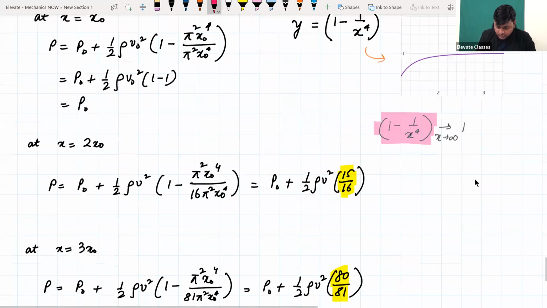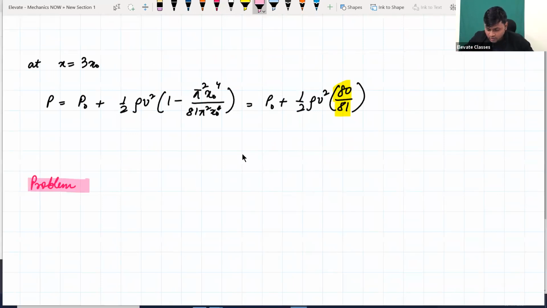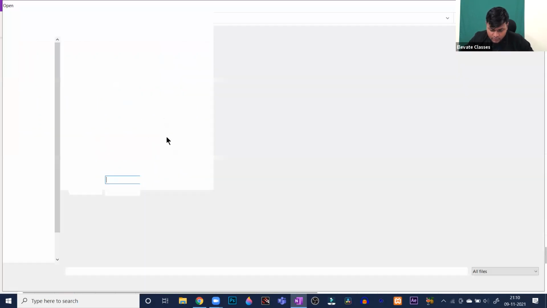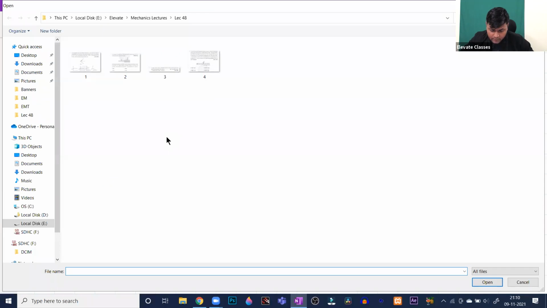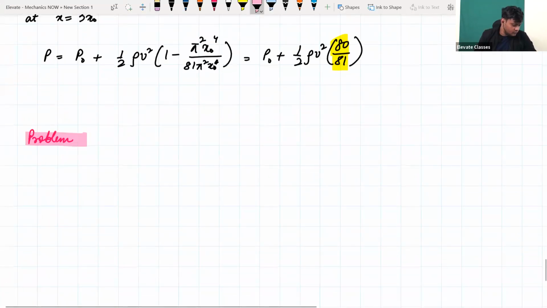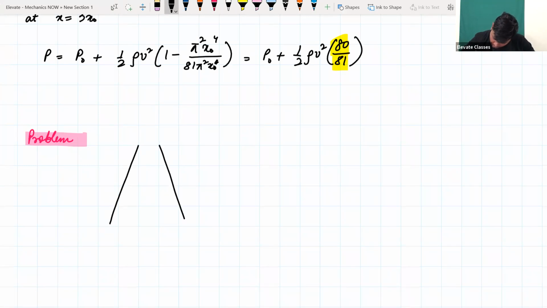Let me give you one more question. So I'll give you a couple of questions as homework, which are similar to what we have done today. But let's do one before you leave. Let me write one. So there is a nozzle like this. There is a nozzle like this with a height of